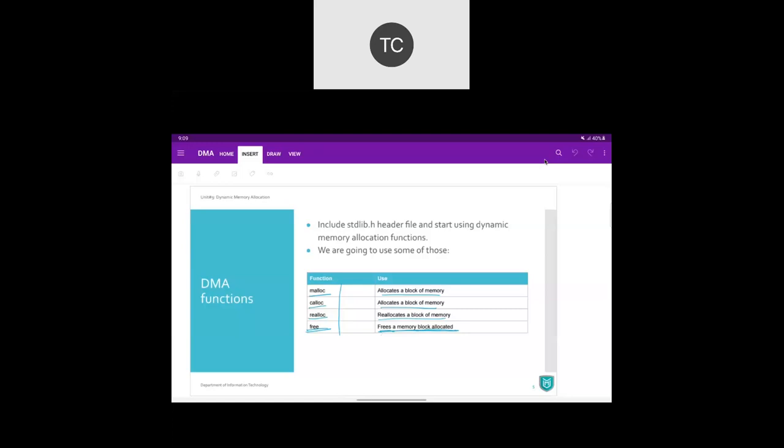So the total memory, it will calculate by itself. That's the first difference. The second difference is calloc is going to initialize your memory with a default value, which is either 0 in terms of numeric or null in terms of characters. These are the two differences between malloc and calloc.